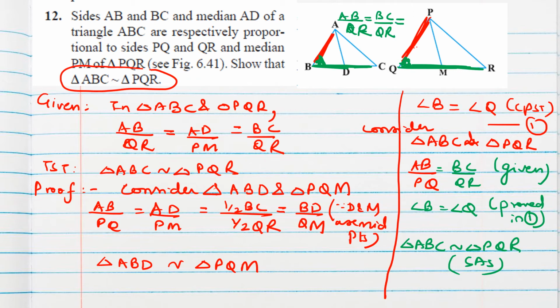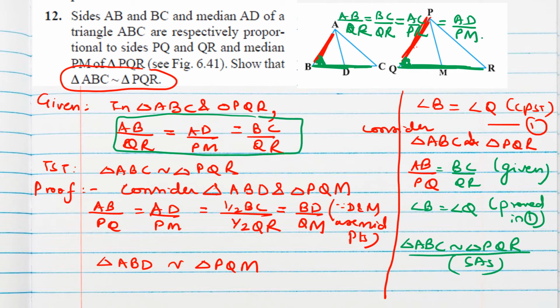Okay, so remember this as a conclusion. As a fact we can say AC by PR will be equal to AD by PM also. Because here it is given, and after this we can write the third side also in proportion, AC by PR. Means if two triangles are similar and medians are also there in those triangles, then all these sides and that median will be in equal proportion. Sometimes they ask in MCQ.